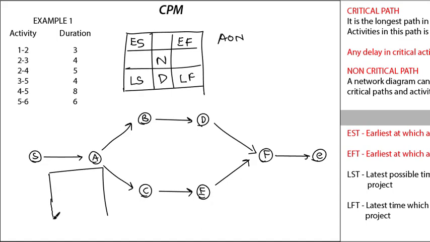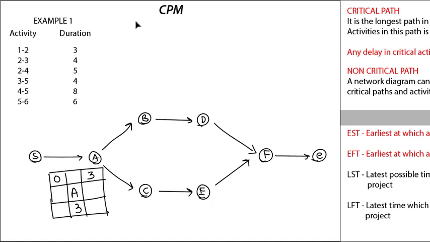Where you have the name A over here, and the duration for A is 3. So the earliest possible time that A will start is of course 0, and the early finish time is ES plus D, that is 0 plus 3, which gives me 3, right? Similarly for B, drawing the same.